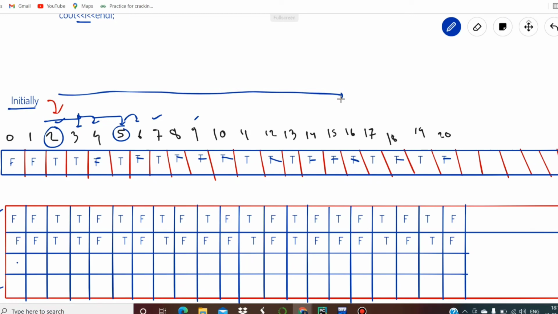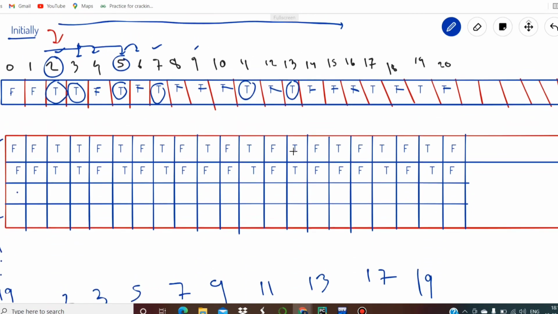So finally at the end, we can iterate the updated array, and we can add a condition that if the value at any index is true, it means that index will be a prime number. So the values which are true, like index 2, the value is true, this will be part of the answer. This also will be part of the answer. So 2, 3, 5 are part of the answer. 7 is also part of the answer. 8, 9, 10 are not part of the answer because they are false. So all the indices having value true will be the final answer, the prime numbers which are there between 1 to 20.